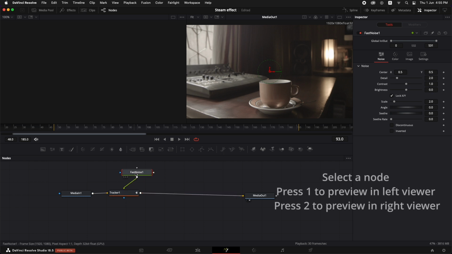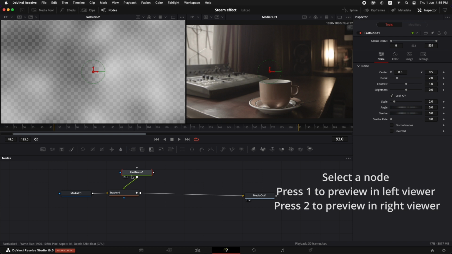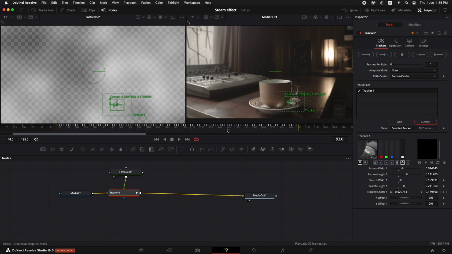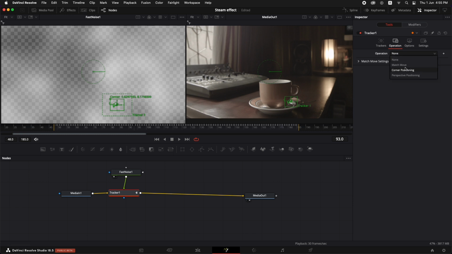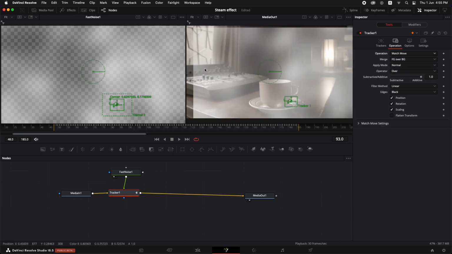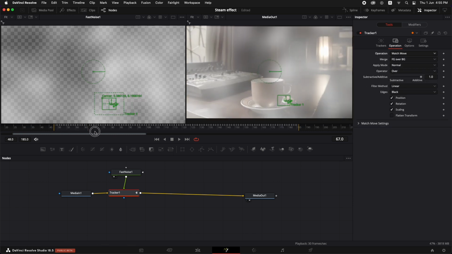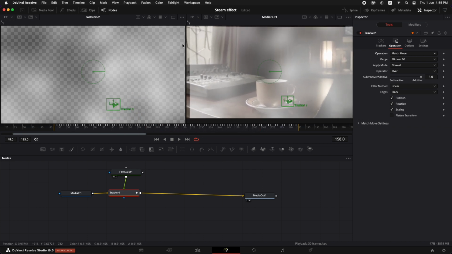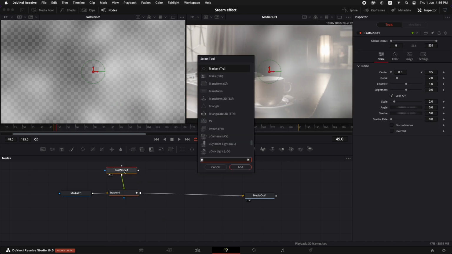see the fast noise in the viewer 1. So now we cannot see the fast noise because in the tracker we need to go to the operations, and in the operations let's select match move, and now we've got that. Now the problem that's coming in is that because it is tracking, at some points it is not covering the whole of the screen. So for that, I'm going to select fast noise, shift spacebar,